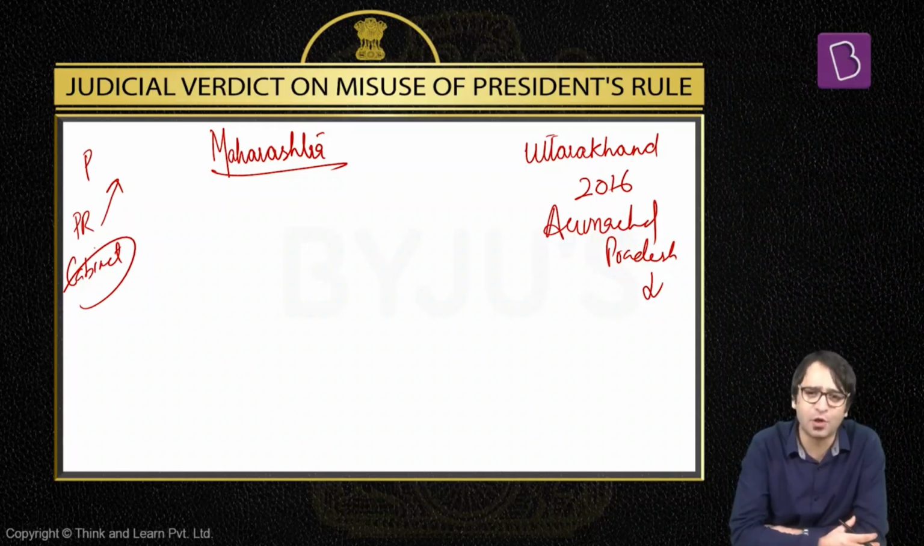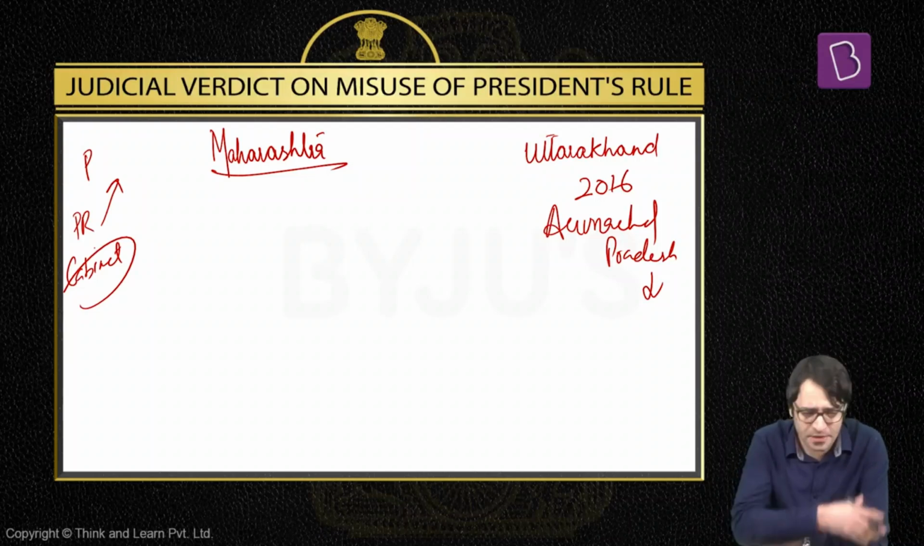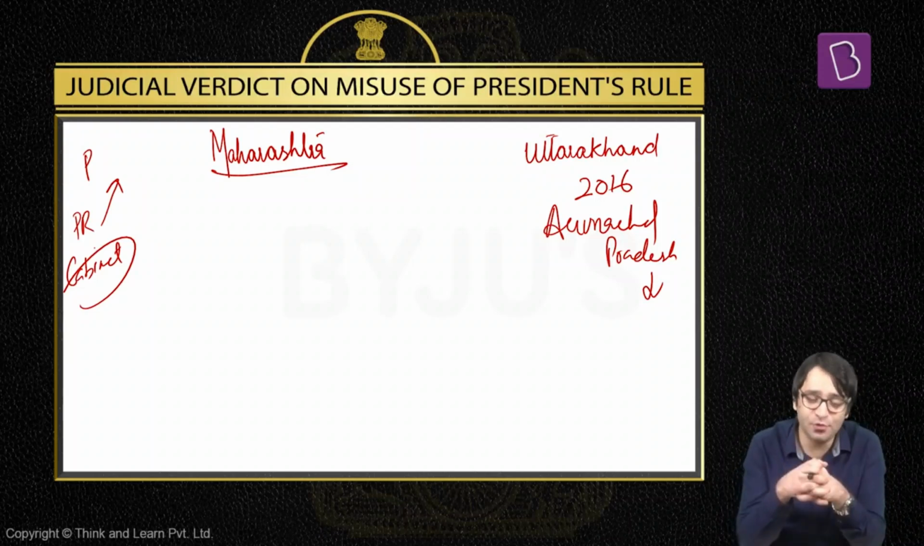Shiv Sena wanted the chief ministerial post. BJP was adamant that we will not give you. Ultimately, no government was possible, and that's the fifth case: proper use of Article 356. President's rule was imposed. One fine evening, news channels are flashing: